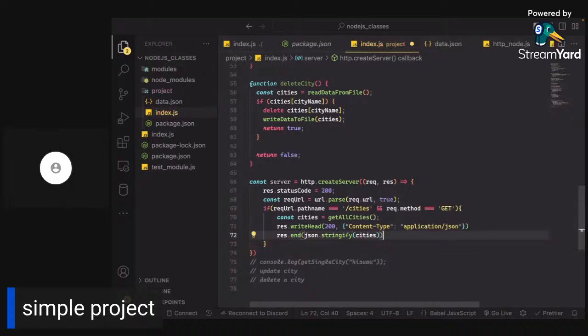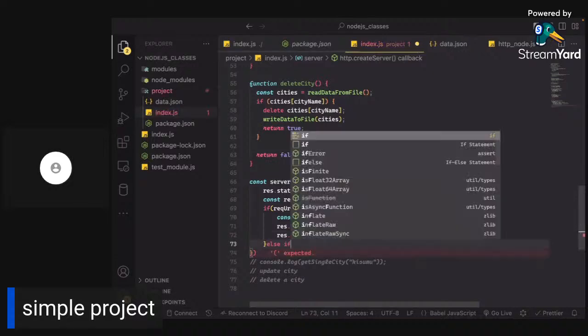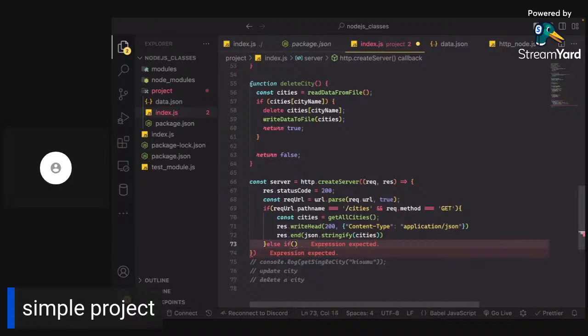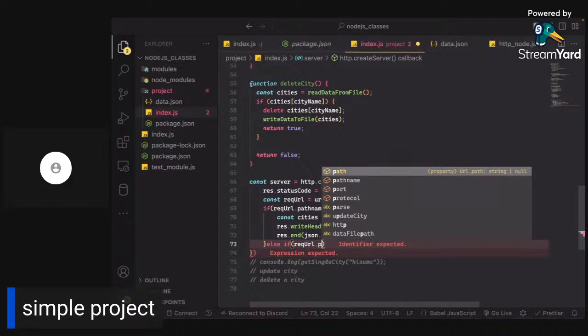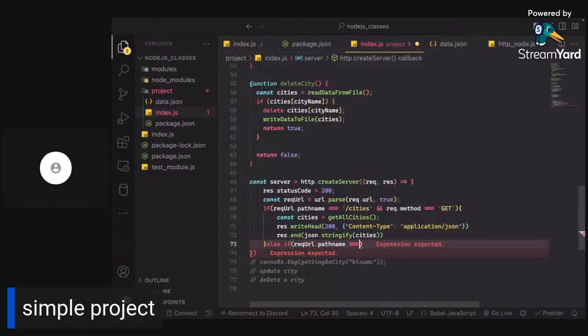Okay, we're done with that. Let's see if we add request.url.pathname is equal to cities, and of course request.method is equal to POST